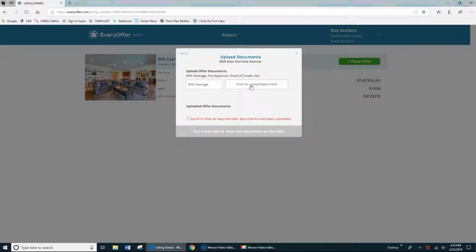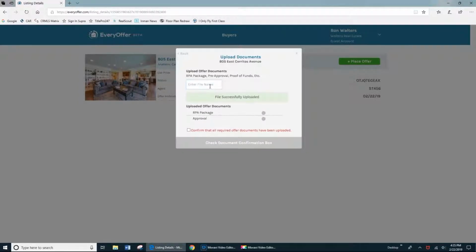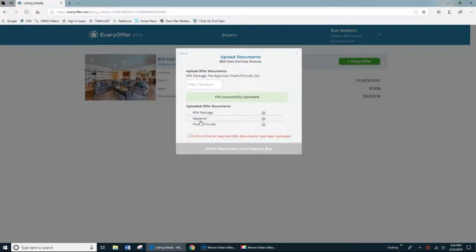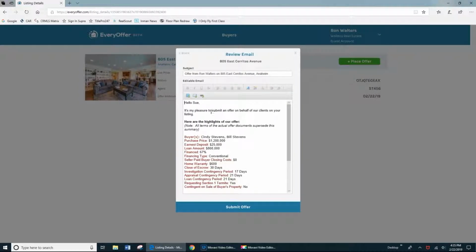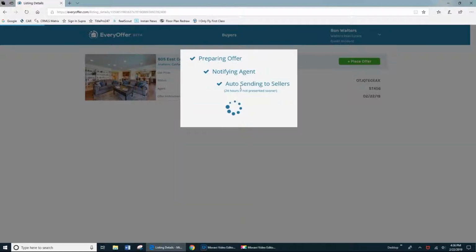So in this example, we'll include the full RPA package, my buyer's pre-approval letter, and their proof of funds. I'll confirm that that's all the documents that are needed. And then I'll go to our final step. Now you're probably already creating an email like this when you submit an offer. However, when you use Every Offer, it's bringing all of that information into your email for you, and you'll have the opportunity to edit it, add some more information, make any other changes that you'd like to make like I did there. Once you're satisfied, go ahead and click Submit Offer,